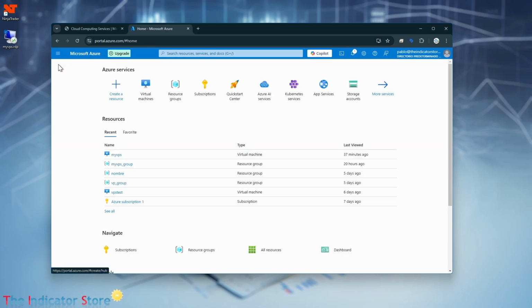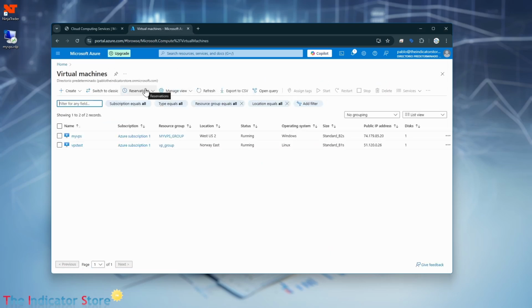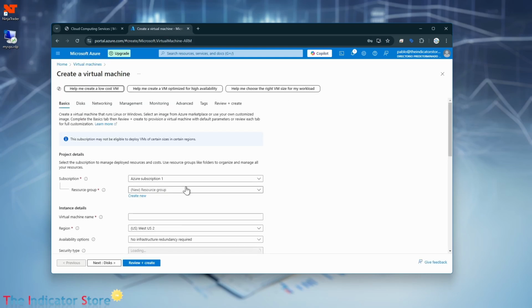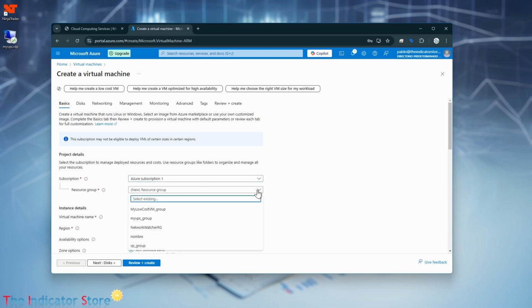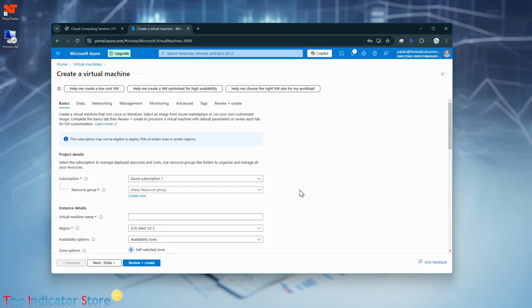So we were on Home, Virtual Machines, then create a new virtual machine. Here you can select your subscription. If you don't have a subscription, you create a new one. The resource group, if you want to share groups between your different virtual machines or not, you can create a new group each time. Usually I isolate each virtual machine. Then the name of your computer,